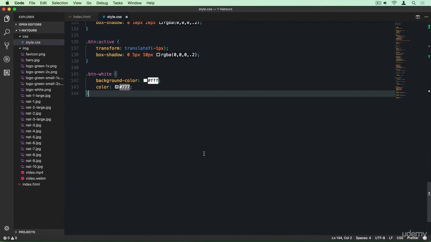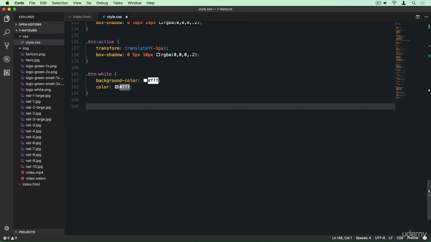So as I said, we're going to use pseudo elements. And pseudo elements allow us to style certain parts of elements. For example, the after pseudo element that we're going to use adds like a virtual element right after the element that we're selecting. And we can then style that element. And so using this after pseudo element can be really powerful to do some cool effects. And once you master it, you're going to want to use it all the time. So let me just add